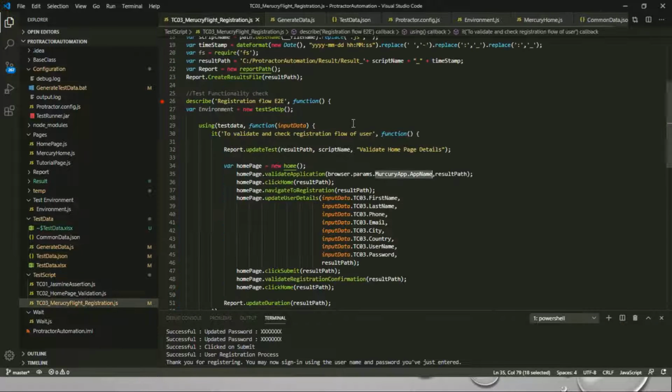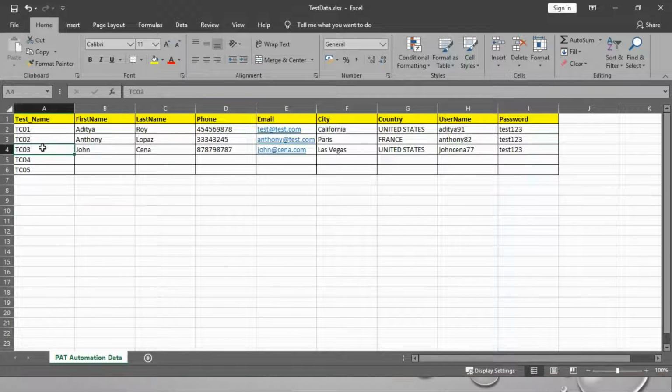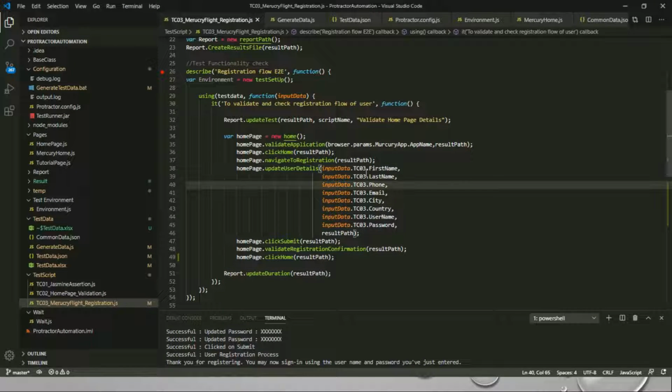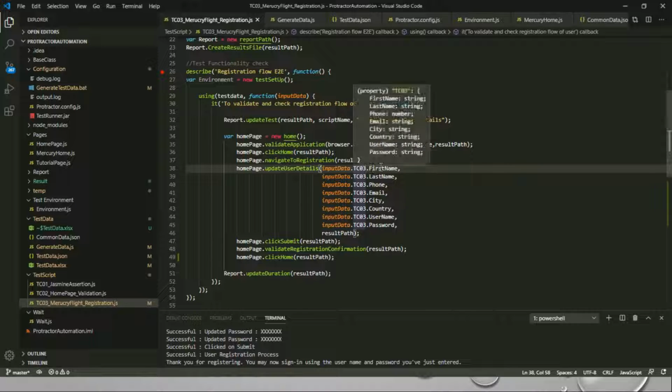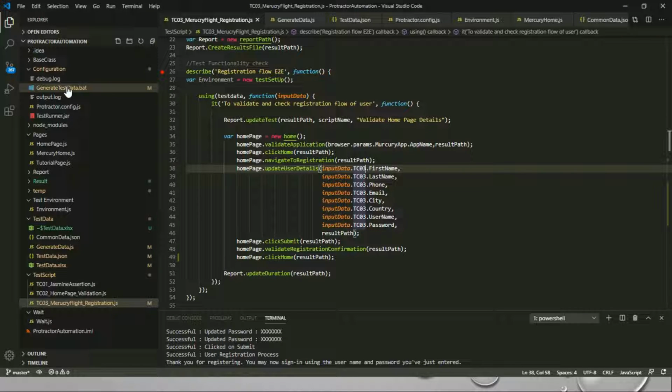Here you mention the script name TC03 underscore registration, and then TC03 registration dot first name, TC03 registration dot last name, same thing. So how easy it is to mention and feed all the data in the Excel, with just one click to generate the JSON. You don't have to worry about it, and when you trigger the run, it will just run successfully.